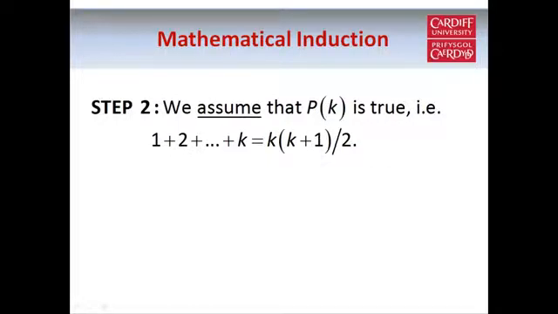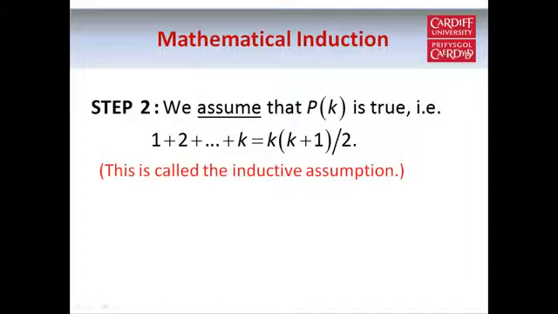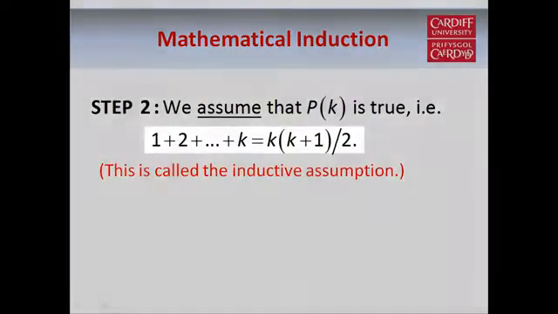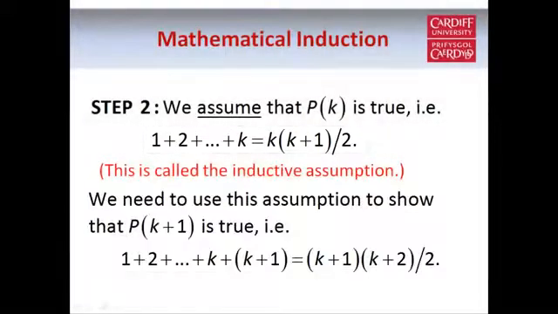In step 2, we start by assuming that the statement holds when n equals k. So this is not something that we have to prove, we simply assume it's true. And when we make this assumption, we call it the inductive assumption. And this is really the thing that makes induction such a powerful technique, because we can carry on with the proof and use this assumption as if it's a fact. So we assume that the sum of the first k natural numbers is equal to k times k plus 1 over 2. And now we have to use this assumption to show that the statement holds when n equals k